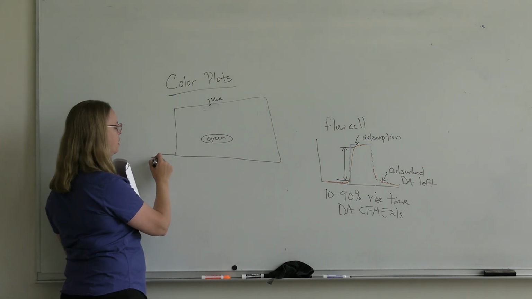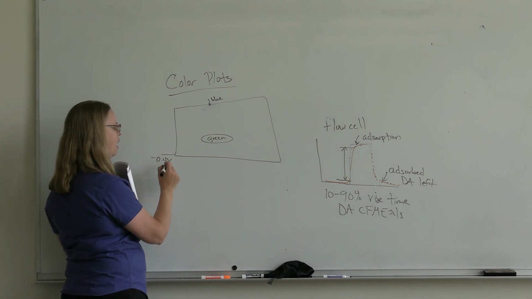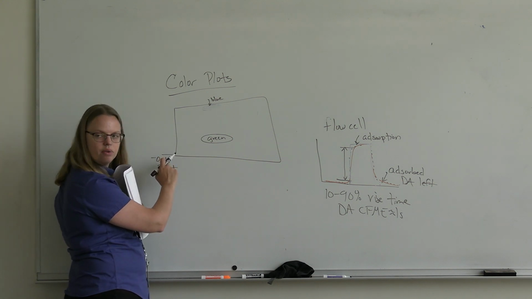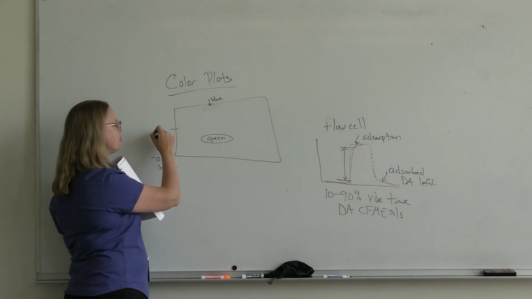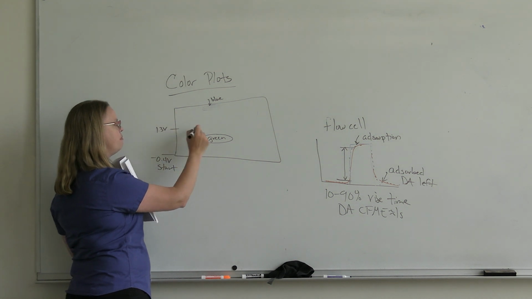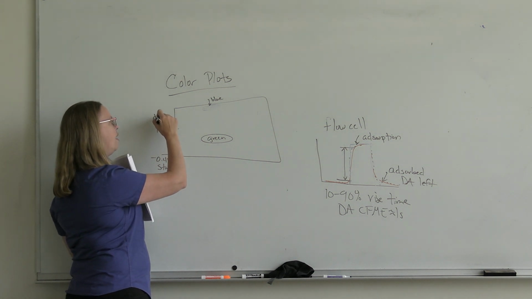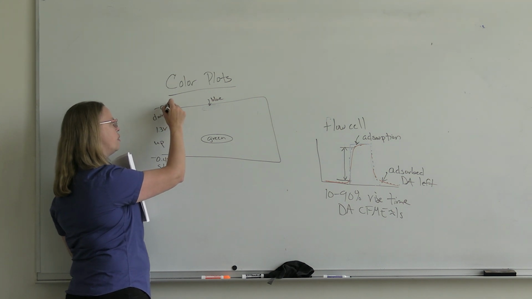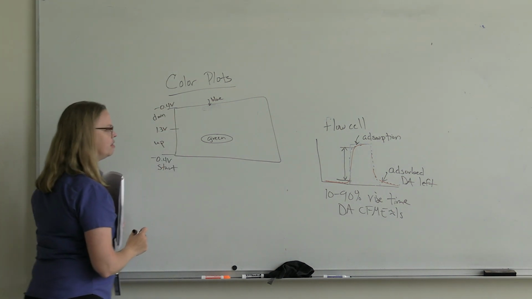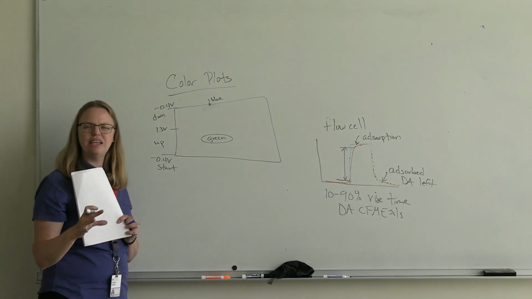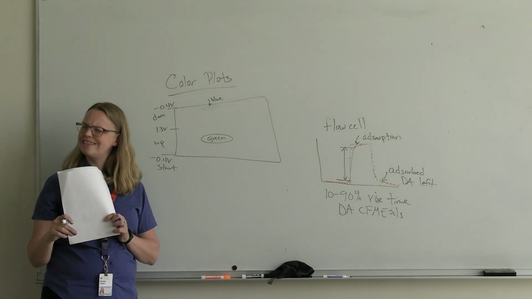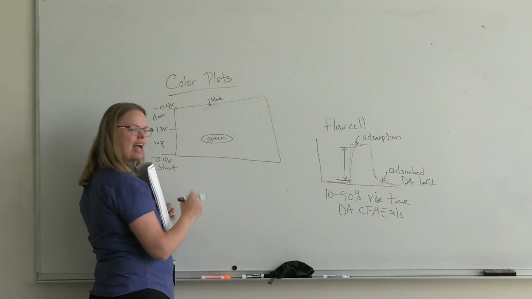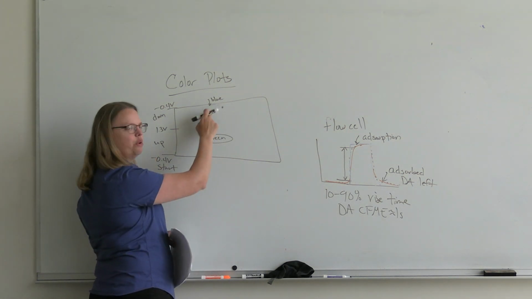So let's quickly go over what we're looking at for a color plot. This is the start on the left-hand side of the voltage. We're ramping up to 1.3, so this would be the middle. This is the up, and this is the down back to minus 0.4. There's a kind of browny yellow color that represents 0. And then green is the highest for the oxidation, and blue is what it looks like for